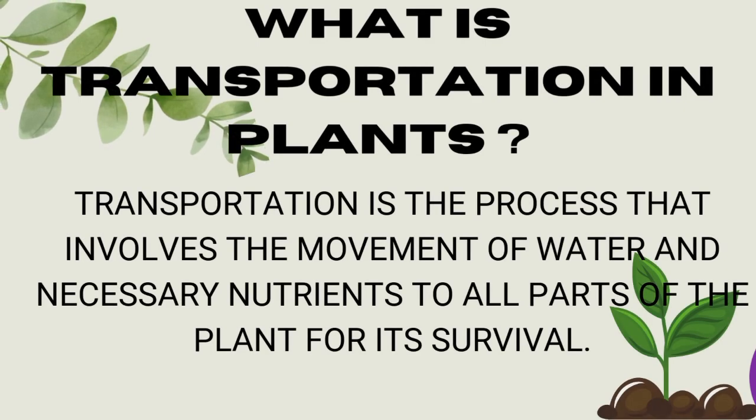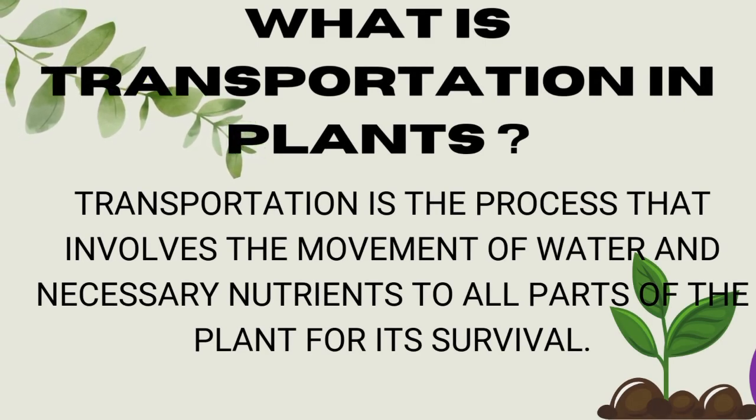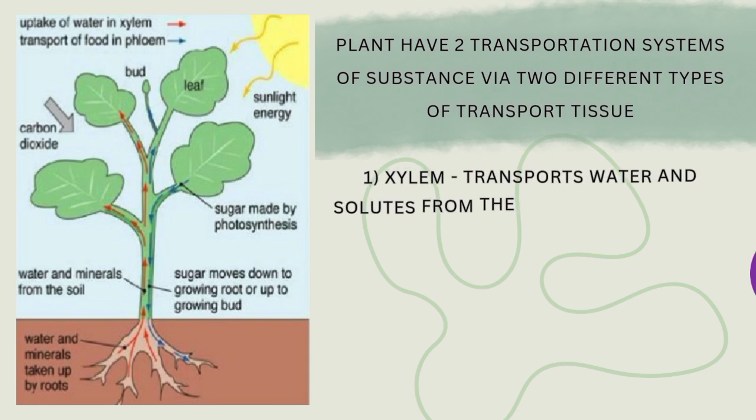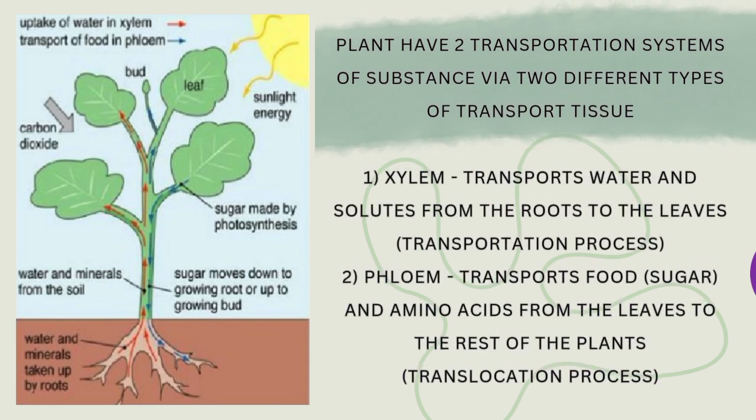As we know, transportation is the process that involves the movement of water and necessary nutrients to all parts of the plant for its survival. Now, plants have two transportation systems of substances via two different types of transport tissue, which are xylem and phloem. Xylem transports water and solids from the roots to the leaf via the transpiration process, while phloem transports food, which is sugar and amino acids, from the leaf to the rest of the plant parts via